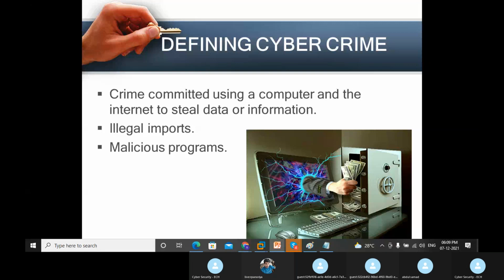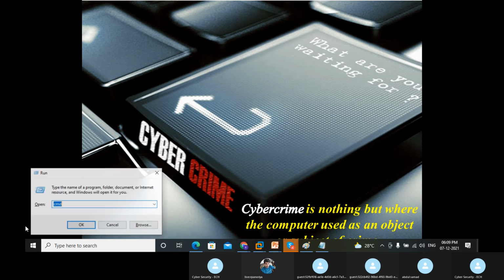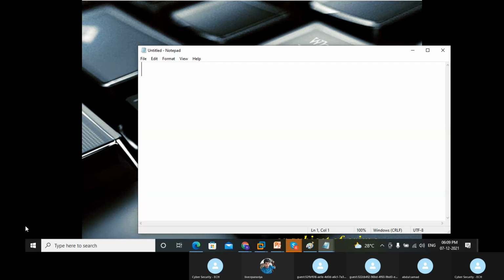This is very common, and it is becoming more professional. Every industry needs security, so we need to make these things secure. Whenever cyber crime happens, the common platform used is the computer and the internet to attack the system. So for that, we are going ahead with this training. I will talk about how the training process works, what topics we are covering, and how you get the job.